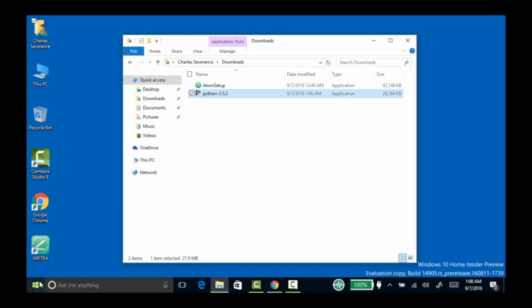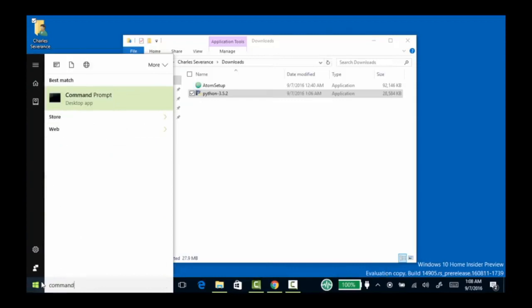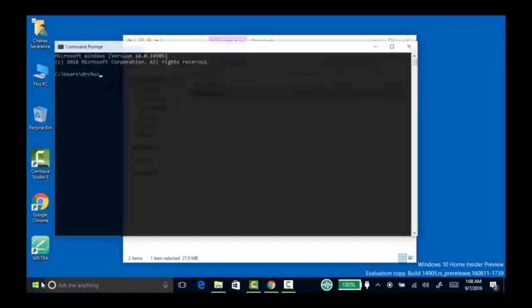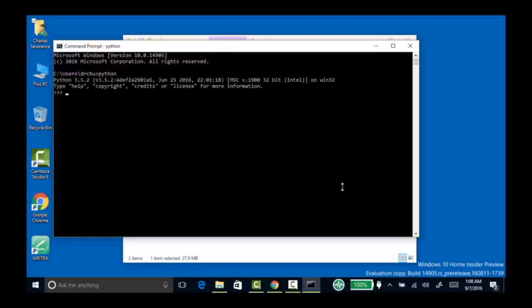Now, you may have all kinds of fancy ways to run Python, but I like running the command line, because after a while it's important to know what folder things are being run in. And so here's this command line, and I should be able to type Python here. And so now I'm in Python 3.2, and this chevron prompt is the Python interpreter, where it's asking for Python commands, and I can say print